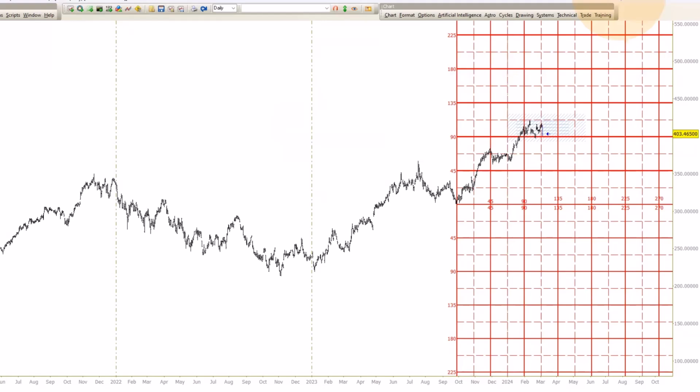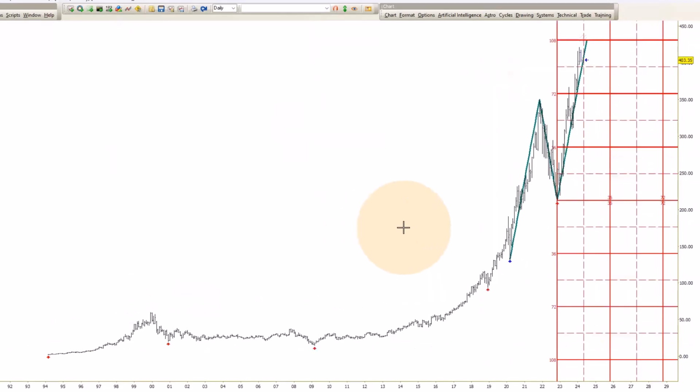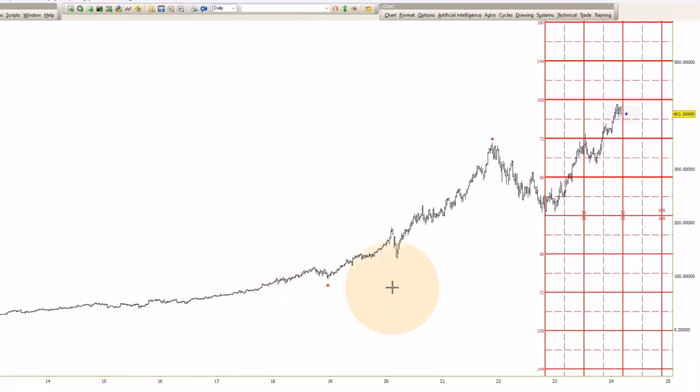Well, for us, we look for time to help us know when to pay attention, and then we look for price and pattern to tell us when to get in. So what we're talking about today is really timing. And when is it? Well, we saw the monthly, March, April, May basically. We're coming in a little early, which is okay. We could be doing this show in April and be one month off, or we could cover it again in May. Ideally, that would be the place, but it's the monthly. We could be off by one bar. It's okay, and if we are, then we're coming right up into it.